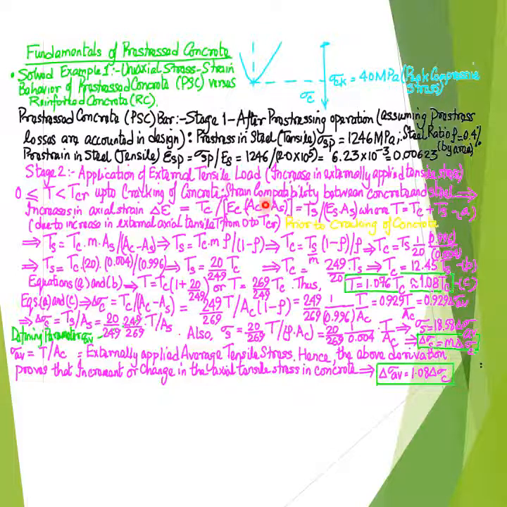we need to examine the strain compatibility between the concrete and the steel, and considering the compatibility of strains between the concrete and the pre-stressing steel in the range of the externally applied tensile force from 0 to TCR, the increase in axial strain, denoted as delta epsilon, may be calculated as